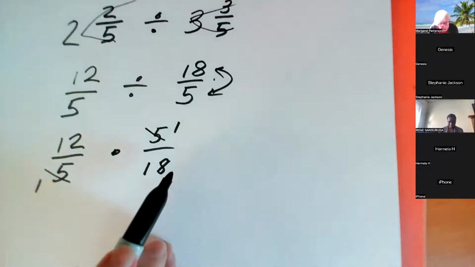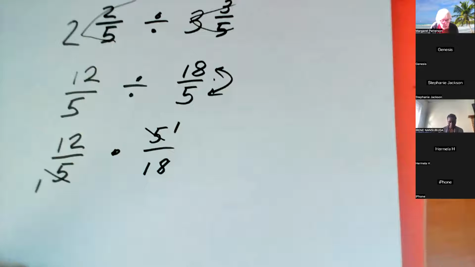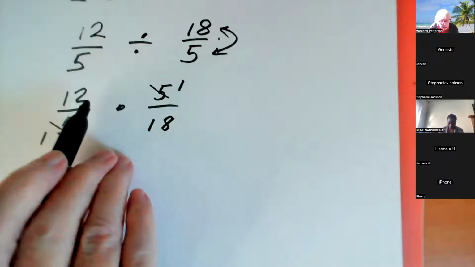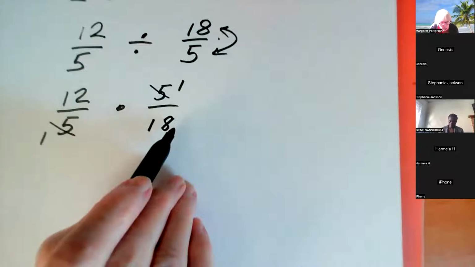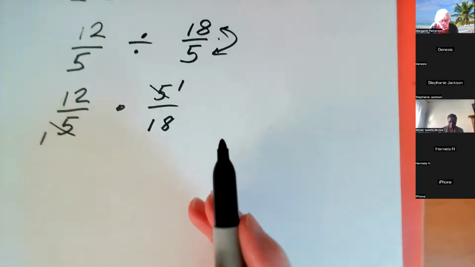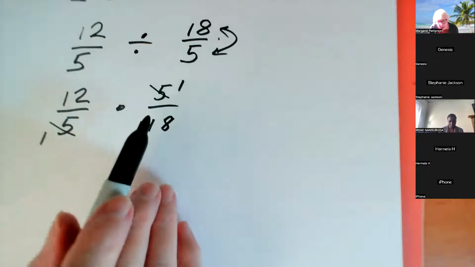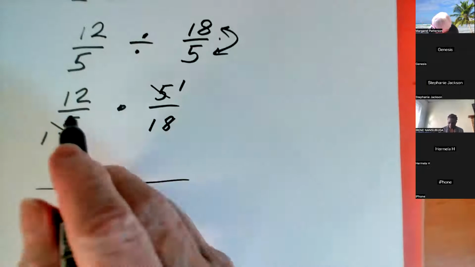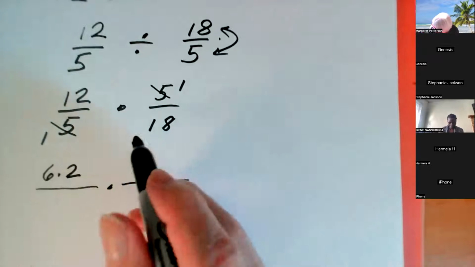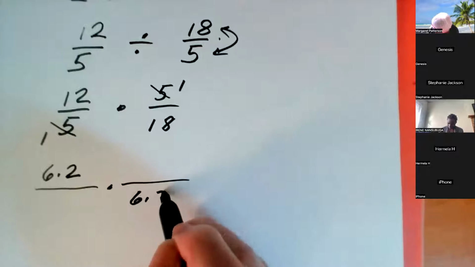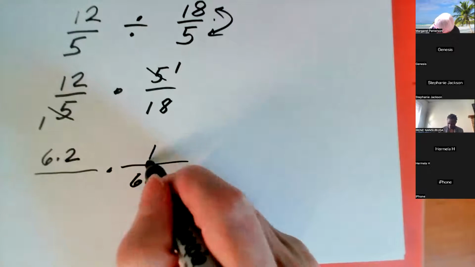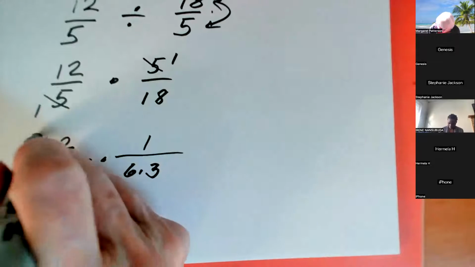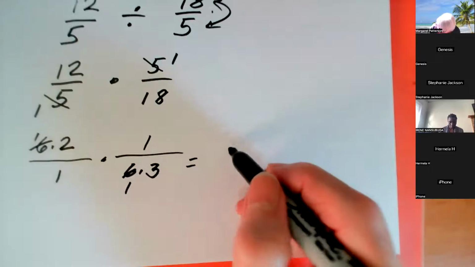Now 12 and 18 can be simplified some more, and so it depends on how you cancel. They both are even, so they both divide by 2 for sure. Maybe they divide by more than 2. In fact, they both divide by 6. And so depending on how you do it, this one is 6 times 2. This one is 6 times 3. And these were canceled already, so I'm just going to ignore them. So the 6's actually cancel out. And in the end, there's your